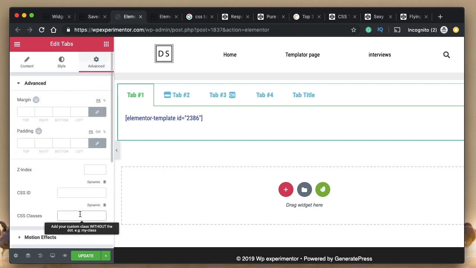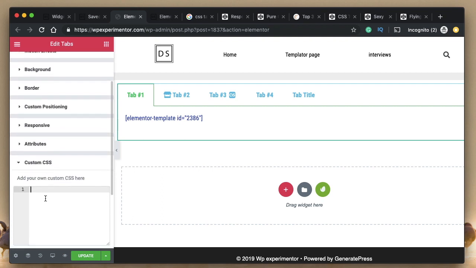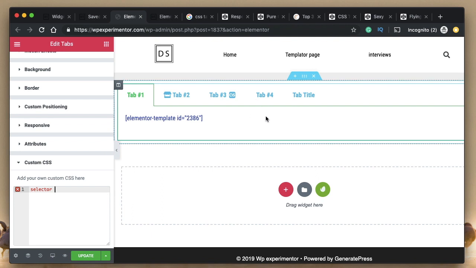If you don't have the pro version of Elementor, you can go to advanced. Under classes, you can give this tab a unique name and replace the code or selector with .class name. I've shown that. I'll leave a link to that, or check out the channel on how to add custom CSS with the Elementor free version. That's possible. You can add the CSS to maybe your customizer area, or maybe you can add it to the HTML widget of Elementor. There are a lot of ways to do this. You can watch Elementor Basics or other videos, you'll get to know that. So type selector, so that will select the whole widget, the whole tabs widget,